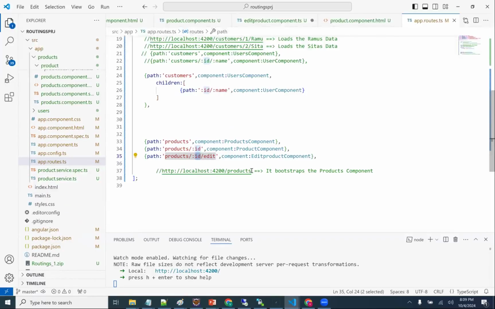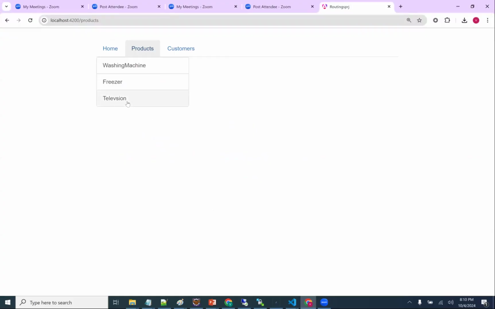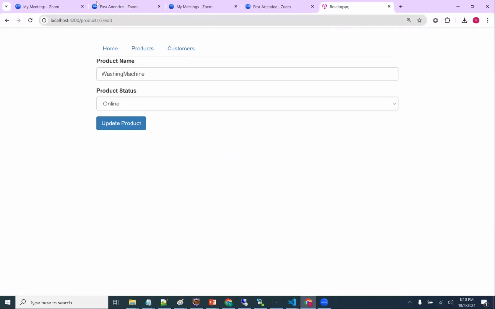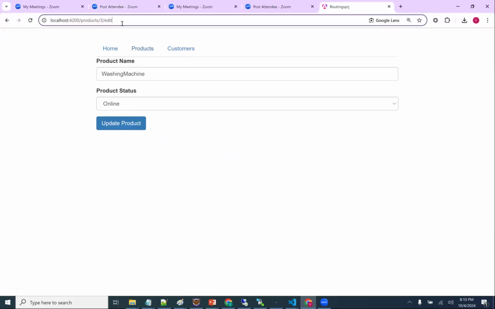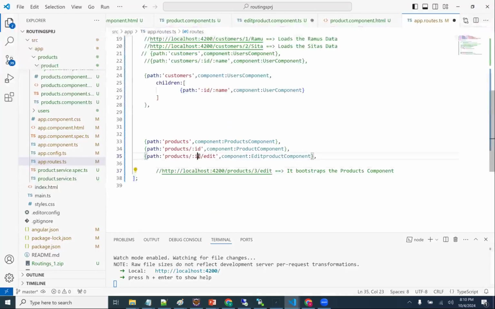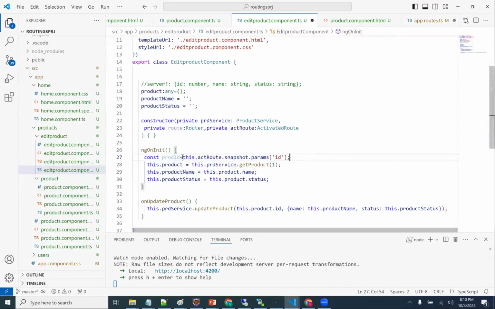So whenever I say product/3/edit, this is my URL, where ID is equal to 3. That ID I want to bring here, and we need a boxing over here. And this product ID I want to pass here, rather than 1.